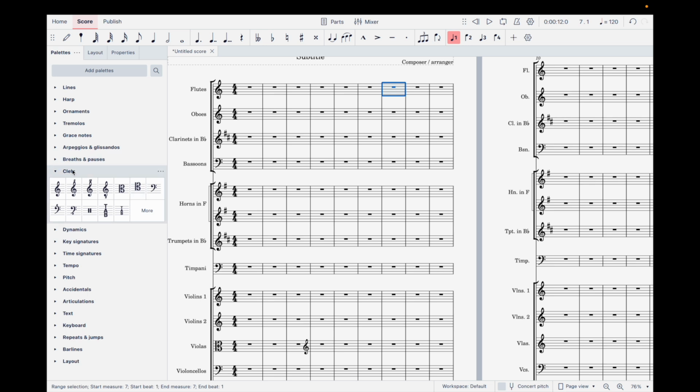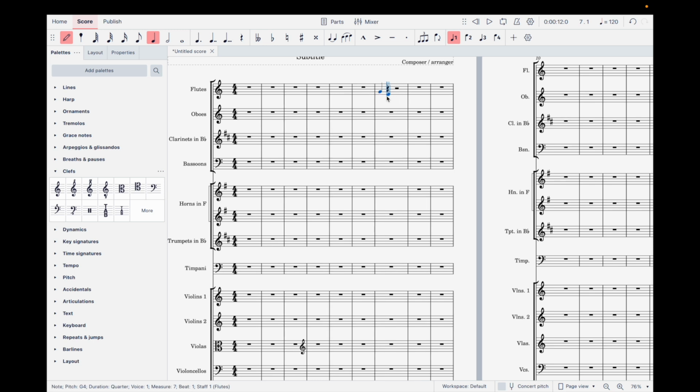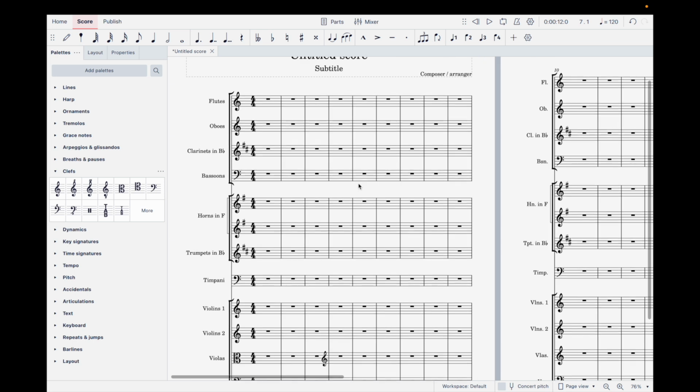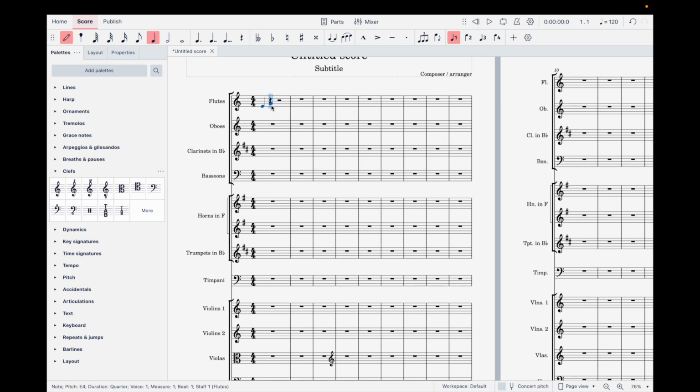And you can't see it here, but if I add a note by pressing N on the keyboard, and if I delete, this measure will be deleted. If I want to copy and paste, I simply select a selection, press Command C, and then Command V anywhere on the sheet music. If I want to replace something, so let's say I have this here and